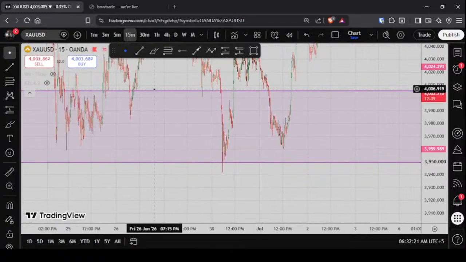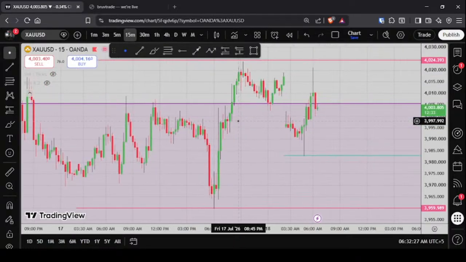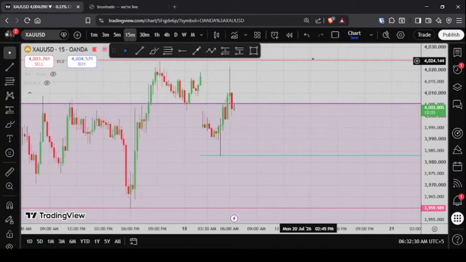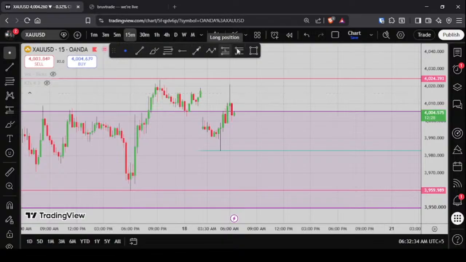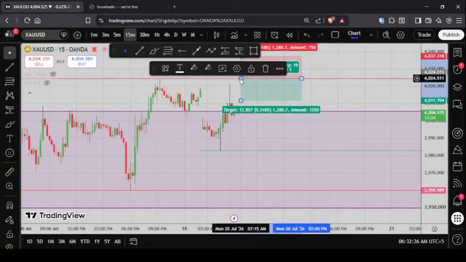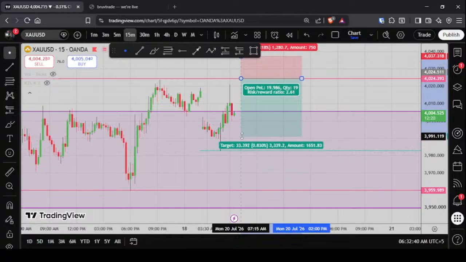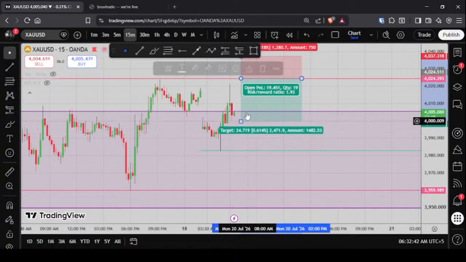It gives sharp swings right now. This is why, in my opinion, I cannot place a guarantee on the 4024 short. But if you still want to take this short, target this low, or target this,